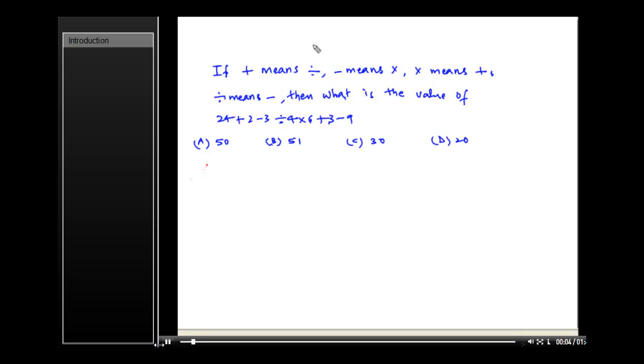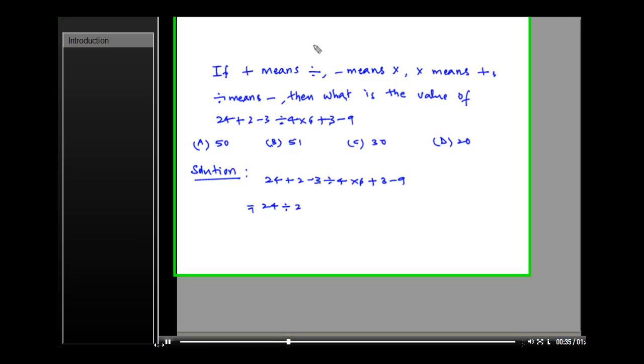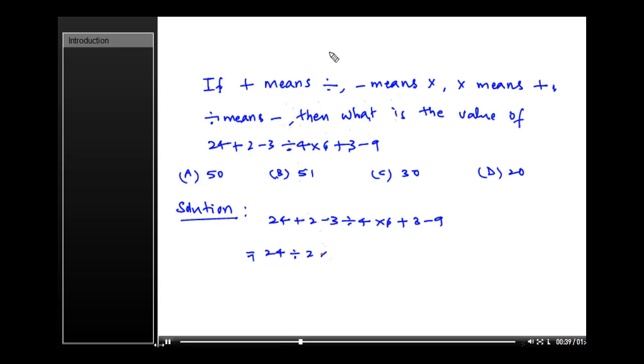Given question is, if plus means divide by, minus means into, into means plus, divide by means minus, then what is the value of 24 plus 2 minus 3 divided by 4 into 6 plus 3 minus 9? Let us begin with the solution. Following the instructions given in the question, we'll get 24, here plus means divide by, 2, minus means into 3, divide by means minus 4, into means plus 6, plus means divide by 3, minus means into 9. This further equals, here